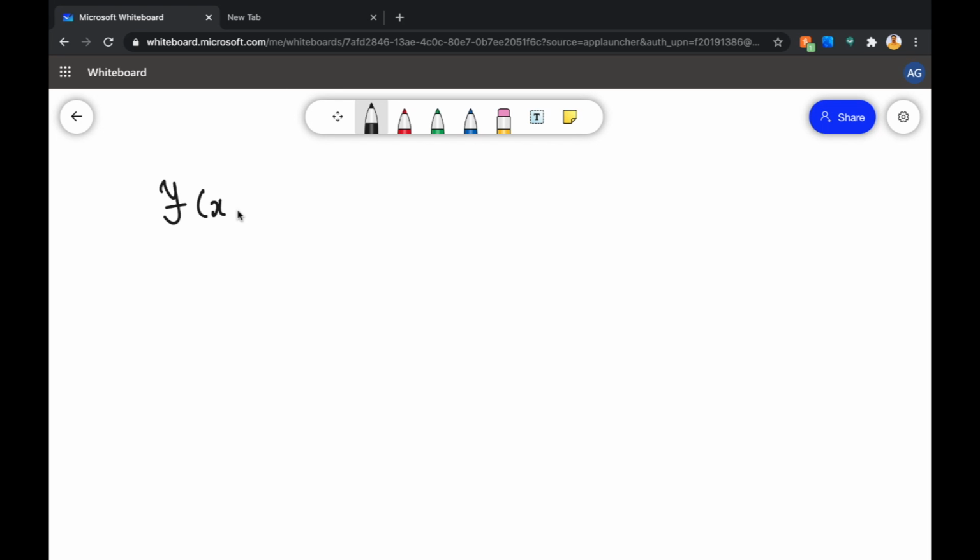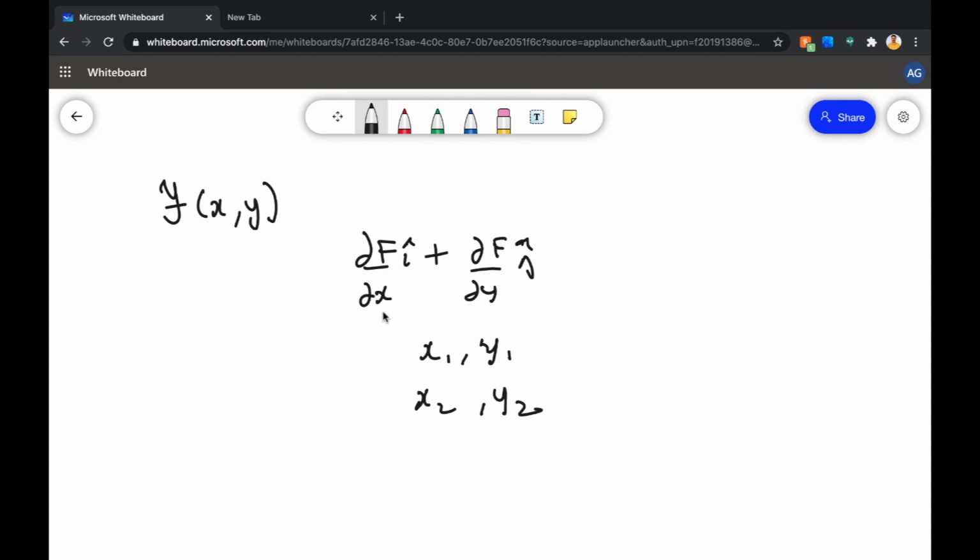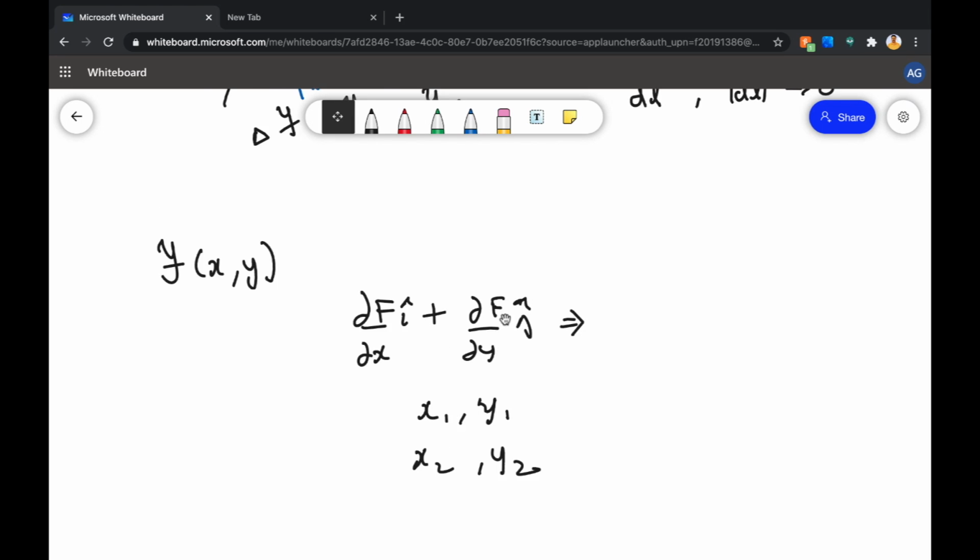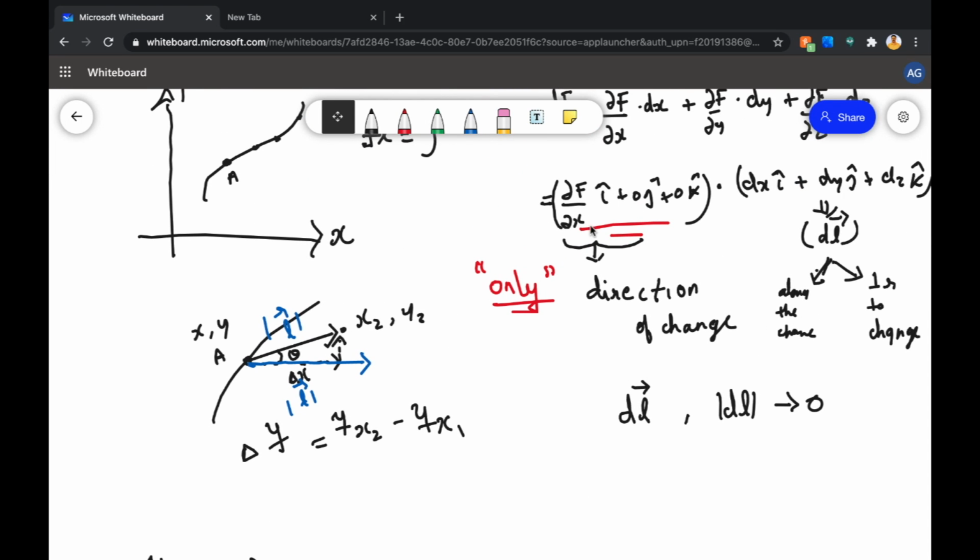That is to say, I want you to do the same thing in f of x comma y. Okay, because in the above case, the only direction the curve was changing was in the x direction, because irrespective of what point you are on the curve, the only factor in grad f is del f by del x. But then here there would be two factors, del f by del x i cap plus del f by del y j cap, and then you will realize that at different points x1 comma y1, x2 comma y2, you would get this different. Of course, you would get different things, but the direction would at last be the same, right? The direction would always be the same.